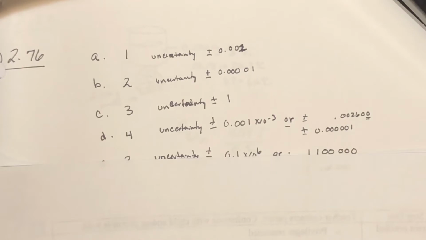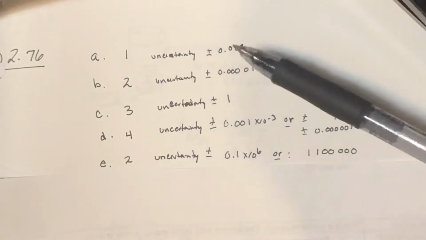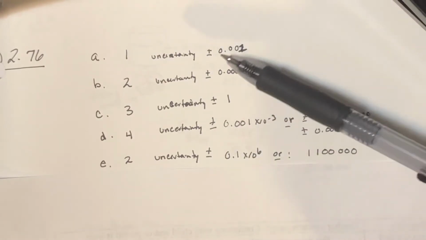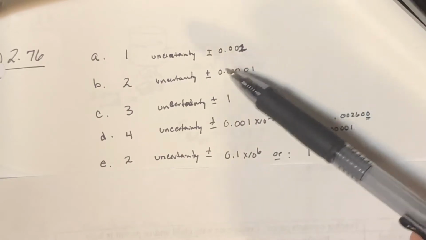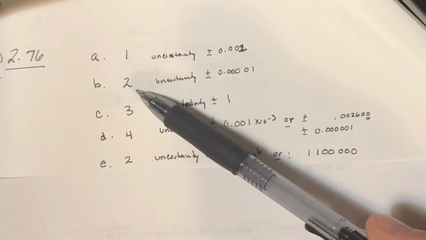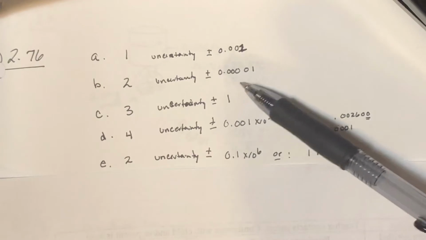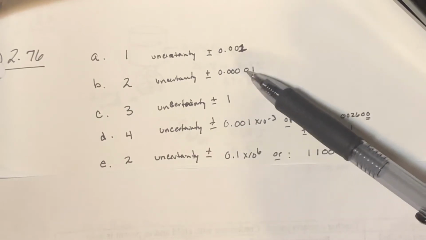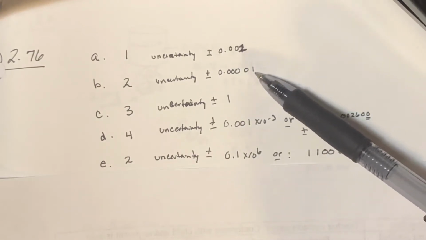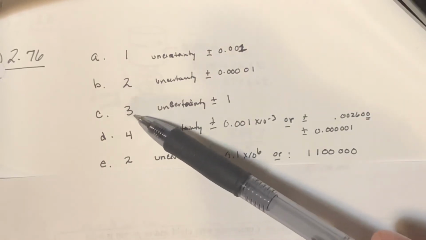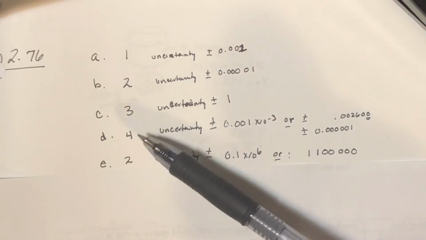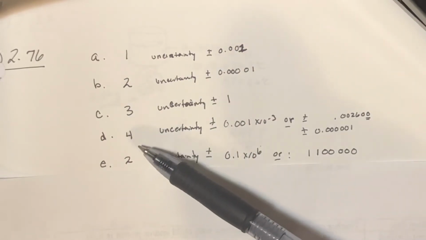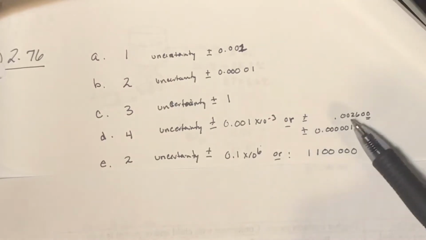If we're looking at your textbook, it asks how many significant digits. Part A had one significant digit, with an uncertainty of plus or minus 1/1000th. Part B had two significant digits, with an uncertainty of 100,000ths. Part C had three significant digits, with an uncertainty of plus or minus 1. Letter D had four significant digits because it was